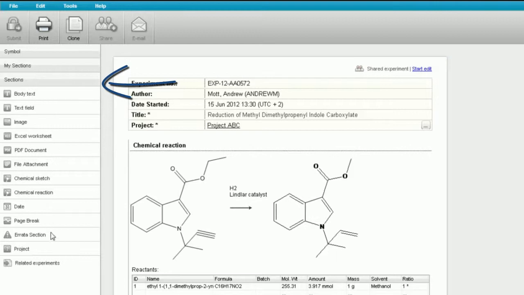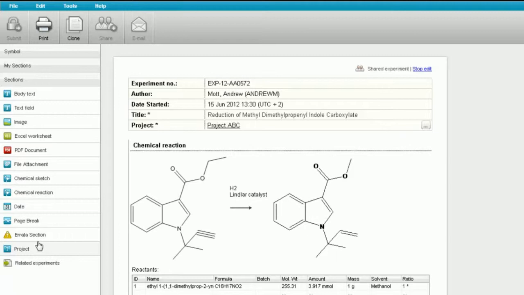But you see here that the toolbox is not active. It's the same as when you always open another person's experiments. You can't edit them, the toolbox isn't active. But if I click on this Start Edit link,